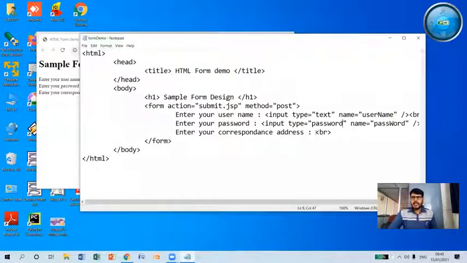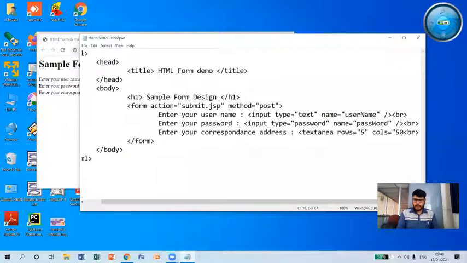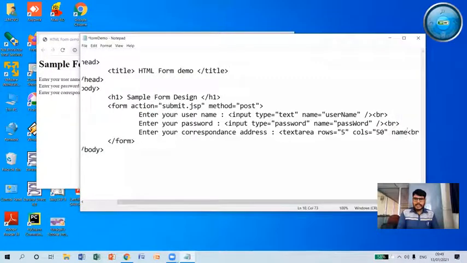So for that, I need to use the textarea tag. Along with the textarea tag, I can specify how many rows I require. Say, for example, I'm going to include the size as 5 rows, and I'm going to specify columns as 50. Okay, and I'm going to specify the name for this text area as address.